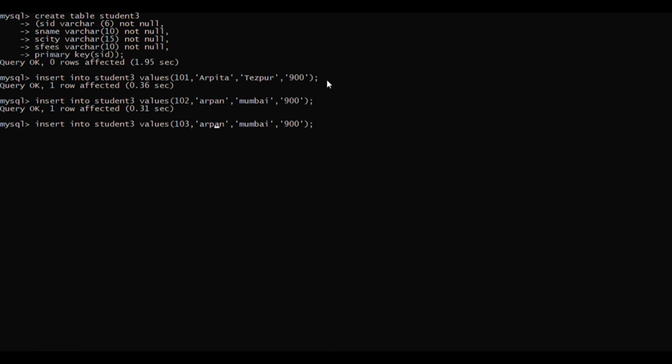Next, insert into student 3 values 103, and we can change the name from here. Naina, student city, same also we can keep. Student fees 1000. Then query OK. Now next value, student 3 values, again we can change the number, student ID number 104